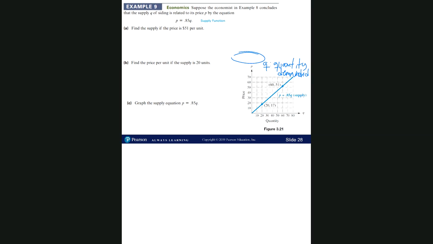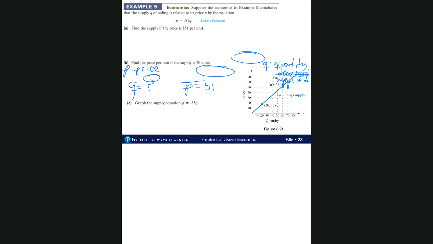Now for this problem, for the supply function, Q is going to represent not the quantity demanded, but the quantity supplied. So the independent variable would be the quantity supplied, and the dependent variable, lowercase p, will represent the price of the item. What we're going to do here is find the supply if the price is $51 per unit. They are giving us the value for the dependent variable, and we're going to find the independent variable, the quantity